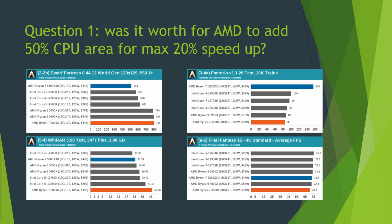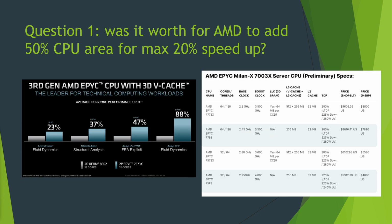The most important part though is that, as I said, you add 20% to a processor for which you have everything validated, and this is also a very good thing for AMD, so they don't have to reinvent the processor to increase the height and so on. It was very well designed, and it will be very helpful for them in future for the next processors which will also have this 3D cache. But what's more interesting is that most of the speed up is in supercomputers, and this is where it is worth it for AMD